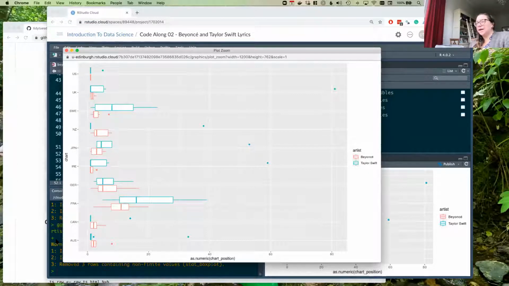Right, we also have these crazy outliers. I'm actually interested, which Taylor Swift album did so badly in the UK? How might I get to this? So let's think about what some things are. I'm going to use a function called filter to try to figure this out. Although, let's try to figure this out in two ways. I'm going to do it the easy way, and then the slightly more complicated way.